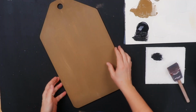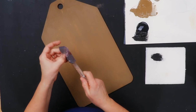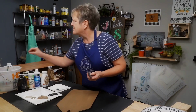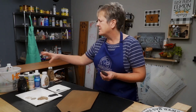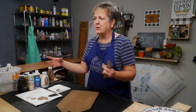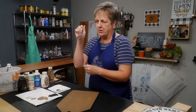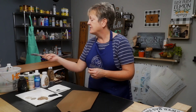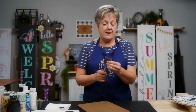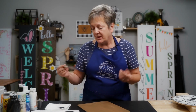So I've got just a nice even brown color on here. I'm going to use my foam brush. Notice that I've got a little bit of dry stuff. These brushes tend to float in your water, so I'm using this great big gallon size bucket to put my brushes in, but normally when you're at home you have a smaller bucket, so when you have a couple in there they will stay submerged. Mine just don't in this bucket. But that drying right there doesn't do anything to my brush, and my tip is clean, so that works